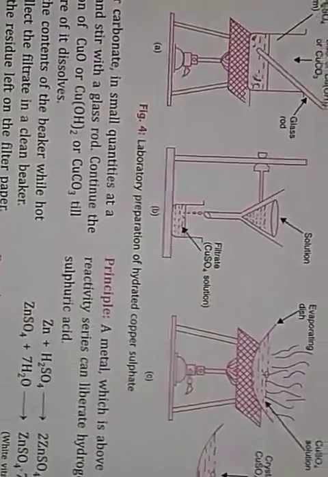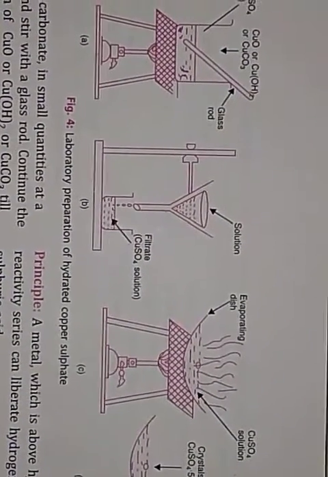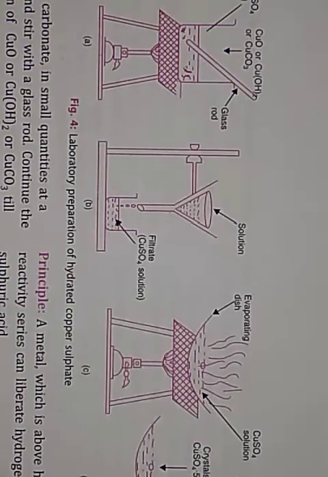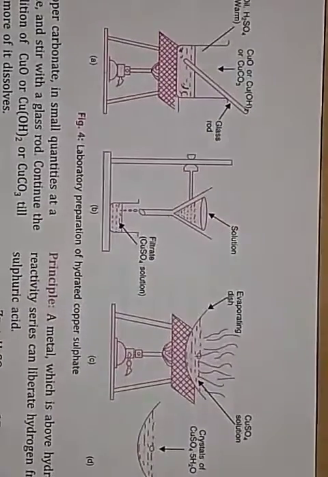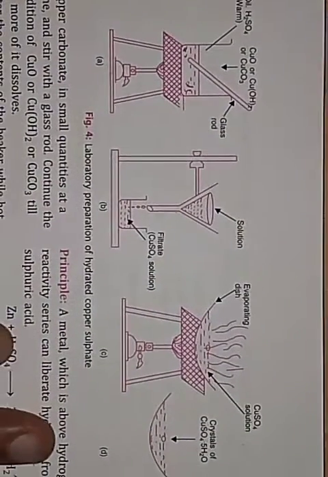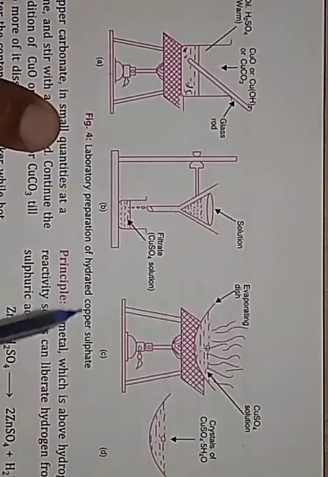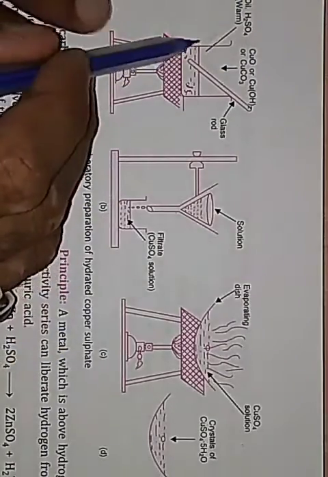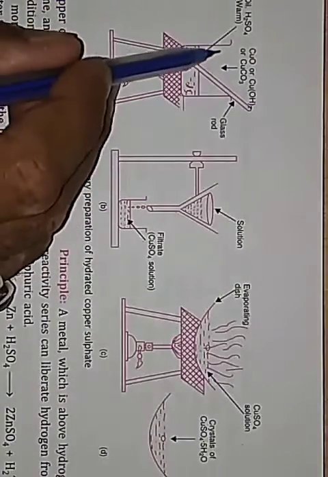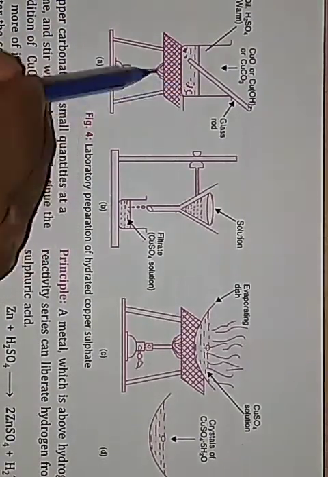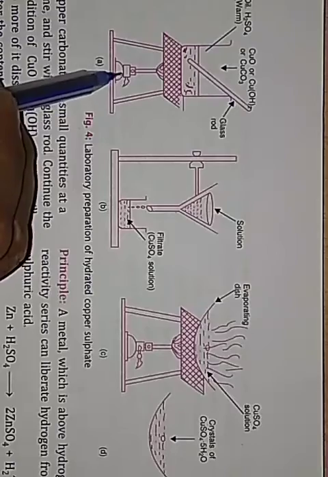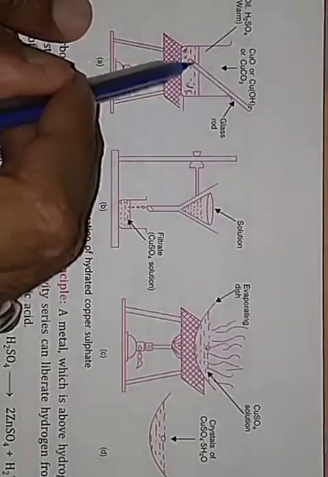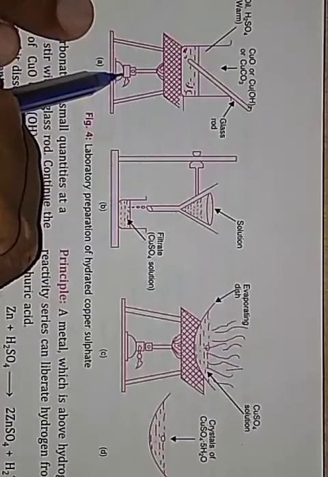Let's come on the page number 56 of your book. This is the page number 56. Top of the 56, laboratory preparation of hydrated copper sulfate. First, we take the dilute H2SO4 in a beaker, and that beaker is kept on the wire gauze and heated the dilute H2SO4 by the help of burner,